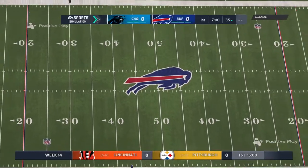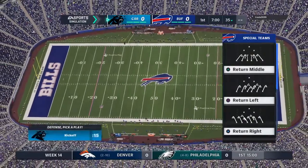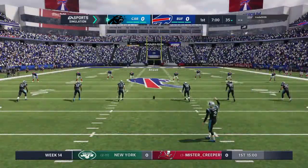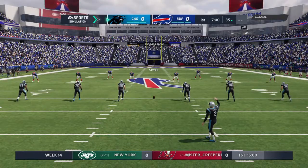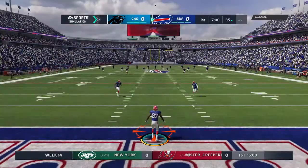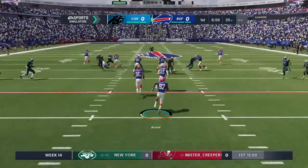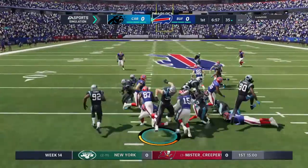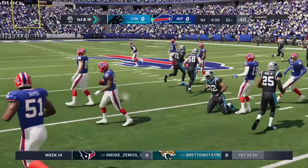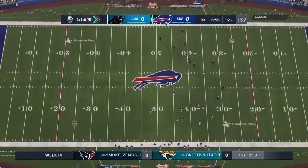Moments ago. Here it is. It's unlike any other in sport as both teams made their way out of the tunnel. These folks are fired up as their guys are ready to do battle between the Carolina Panthers and the Buffalo Bills. And we are underway in Buffalo. Now a crease here as he's past the 30. The Bills take over 1st and 10 at their own 32-yard